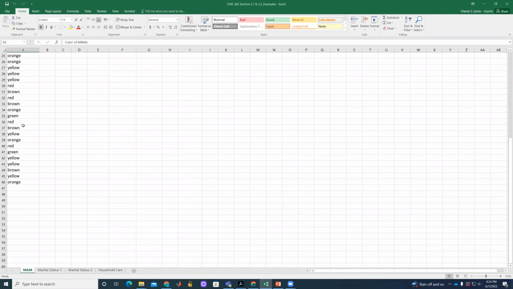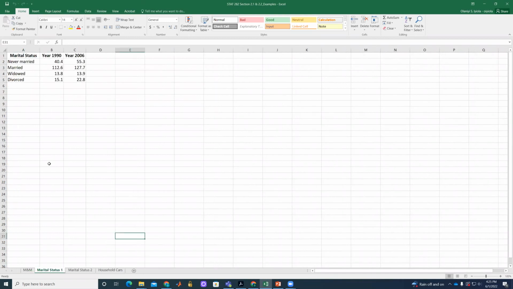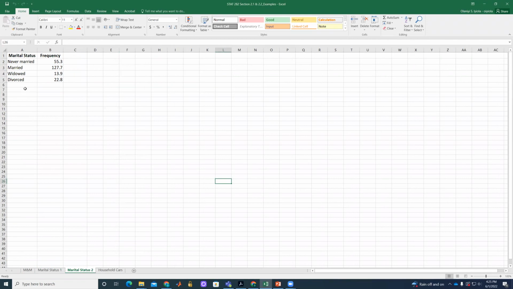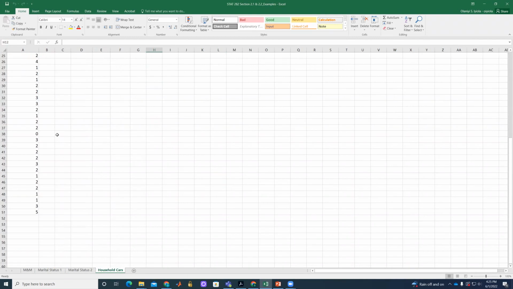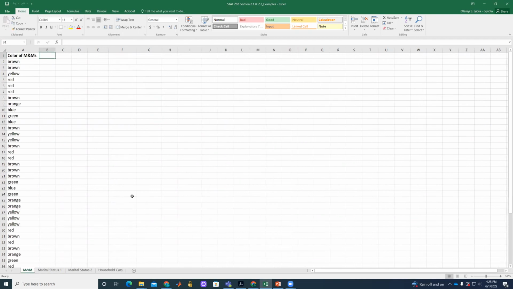So this clearly is qualitative data. And I have this table here talking about marital status. I call this marital status 2 because it's just one data set. And this is another data set talking about the number of cars in the household. I'm going to start with analyzing